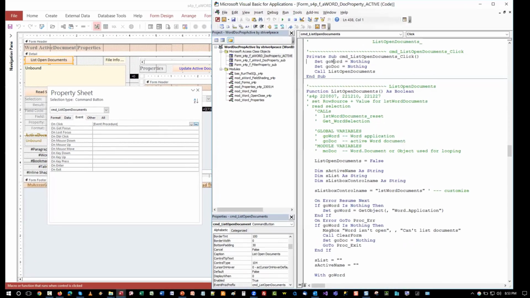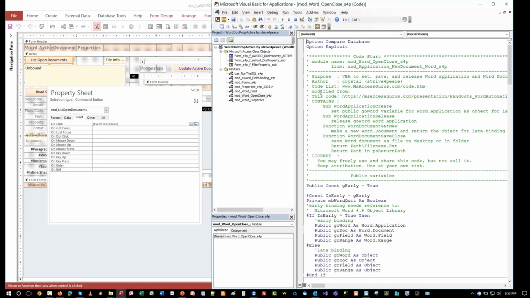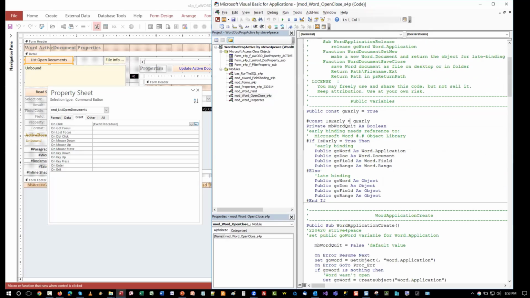I have a couple of global variables. I have this one module called Word Open Close, and at the top of it, I have a Go Word, which is public, which is the Word application. I have a Go Doc, which is public, and that's the active document, or at least what Access thinks is the active document. And then I also have these other 2, which actually I don't think this code that I'm giving you uses, but I just didn't want to take them out. And then I also have